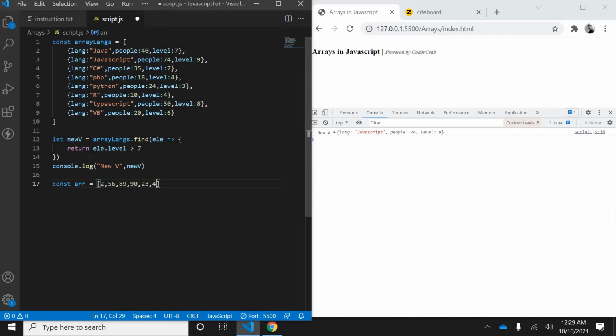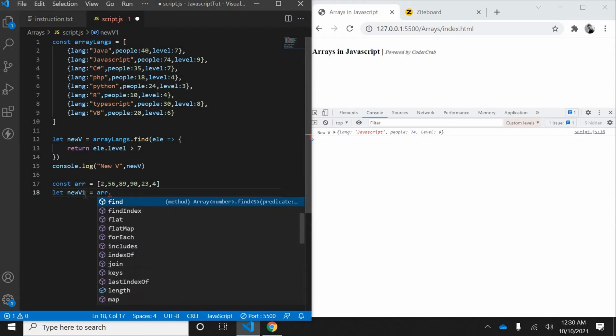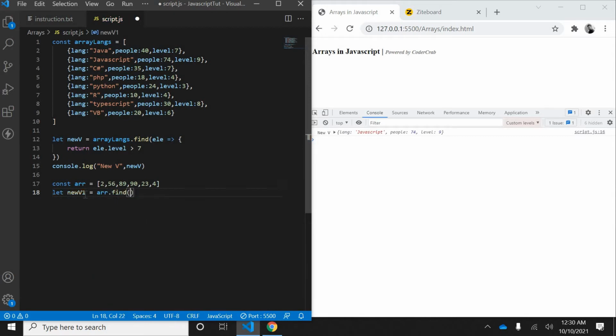Now if you want a value which is 56, or which is greater than 50, we have three such values here. Let's see what it is returning. So new value 1 equals arr.find.